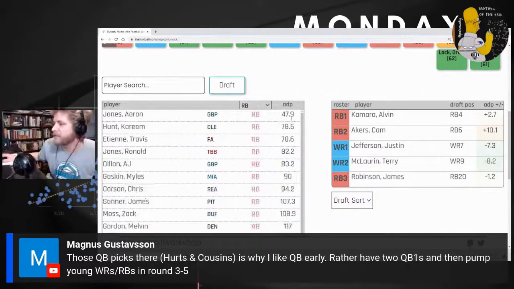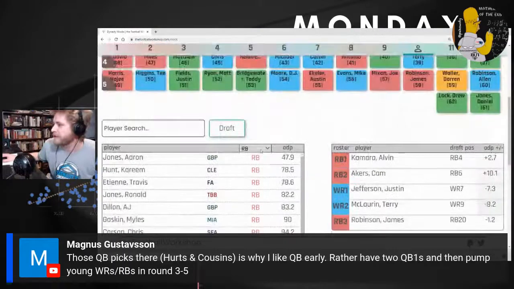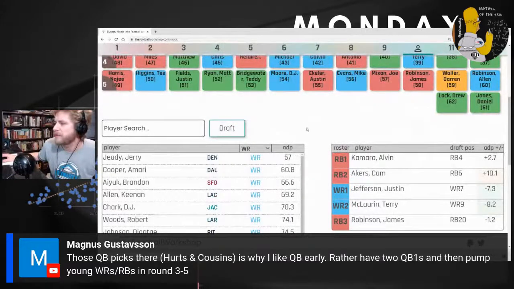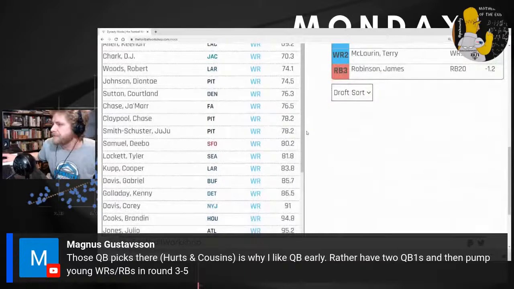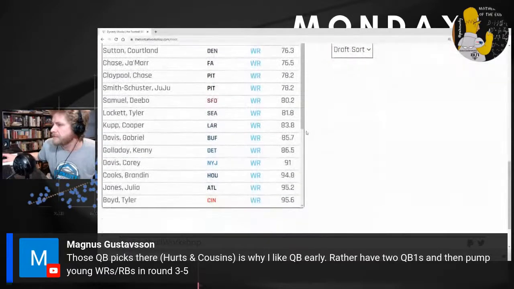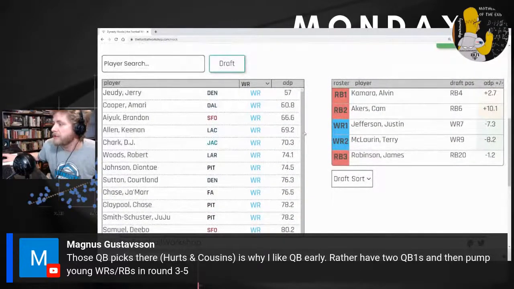Running backs I'm about done with at this value. Aaron Jones, Kareem Hunt, Travis Etienne, maybe. But we've already got 3 running backs I'm okay with. Wide receivers where it's at. JuJu will be picked next round-ish, according to my DLF ADP, who I like. We've got Keenan Allen. Brandon Aiyuk isn't a bad pick here.